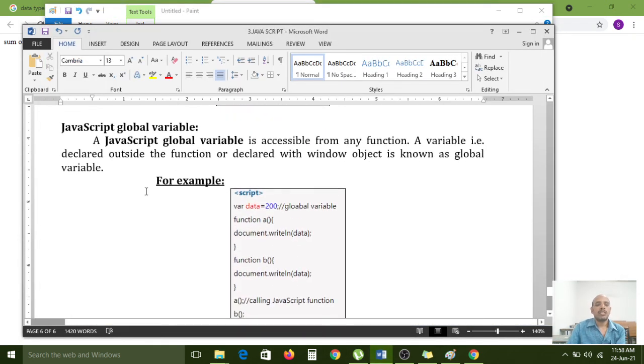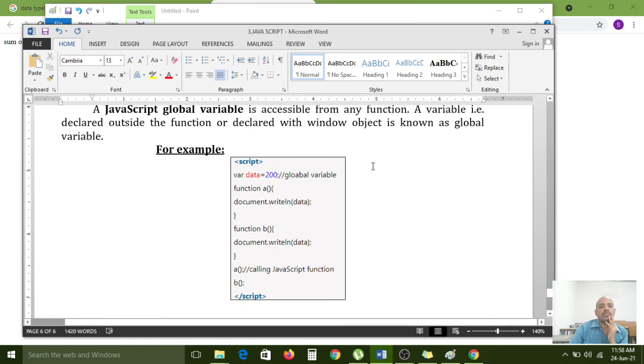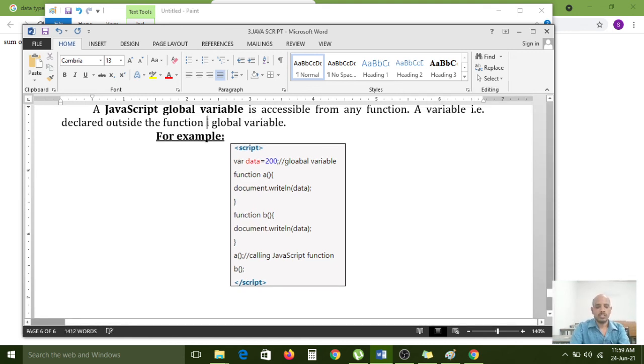JavaScript global variable. A JavaScript global variable is accessible from any function, because it is a variable declared outside the function or declared with the window object, and this is known as global. A variable that is declared outside the function is called a global variable.